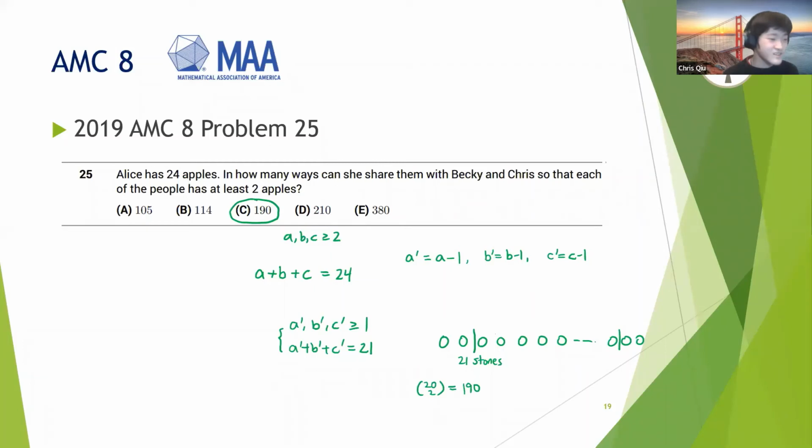Why is it 22? All right, so here, once we have all these stones, we want to pick two positions for the two sticks that divide the stones into 3 regions. So we're going to take two of these 20